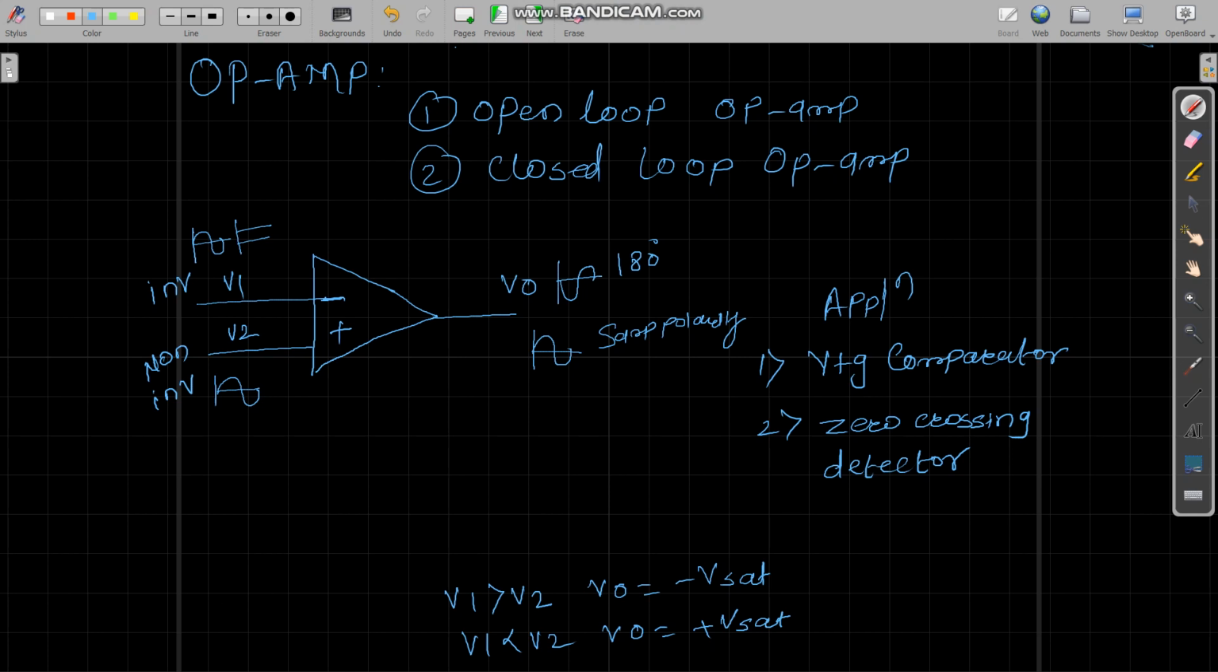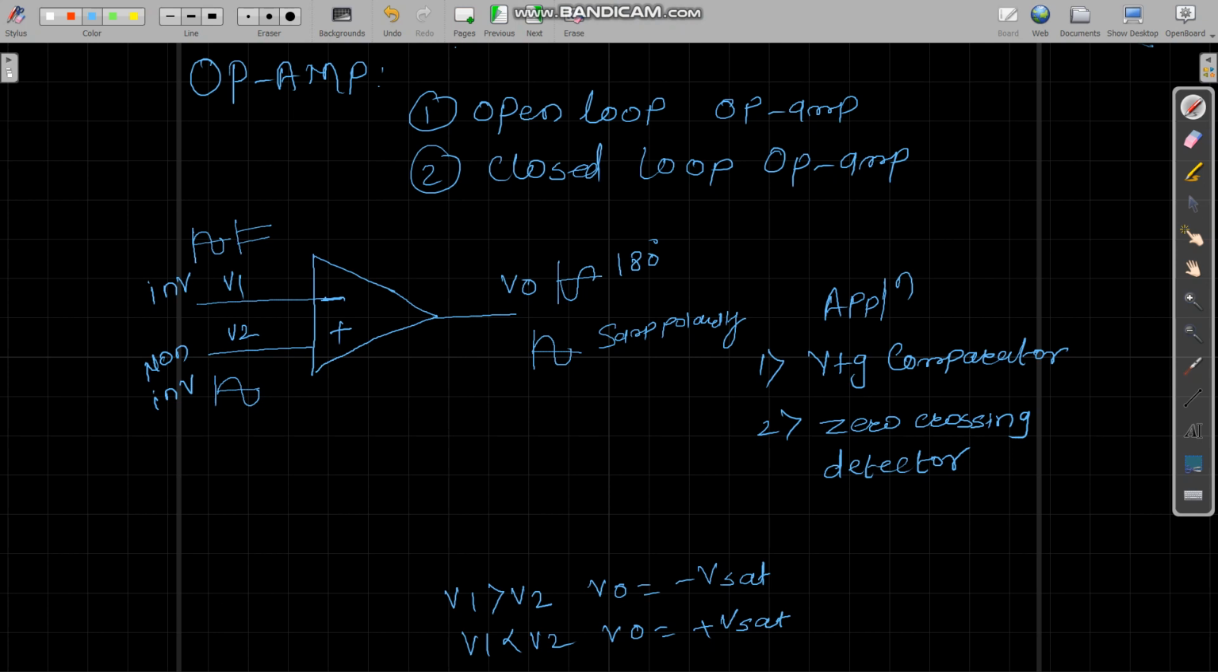So we can say that when we use an open loop op-amp, the output always swings between two values, that is plus Vsat to minus Vsat. Therefore, this amplifier can only be used as a switch, and therefore we get very limited applications such as